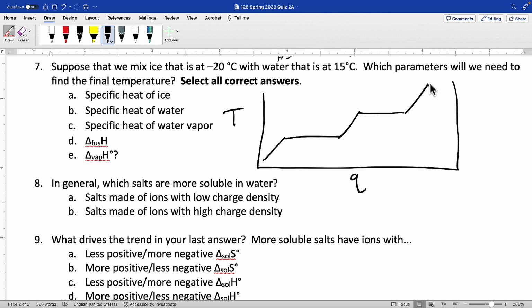So we started off, and let's label these pieces, right? We've got solid. As you heat it up, as you put heat into it, the temperature goes up. So what do we have here? Here we have melting. And then, so we've got solid plus liquid here. Then eventually you run out of solid and you've just got liquid, so the liquid heats up, so your temperature